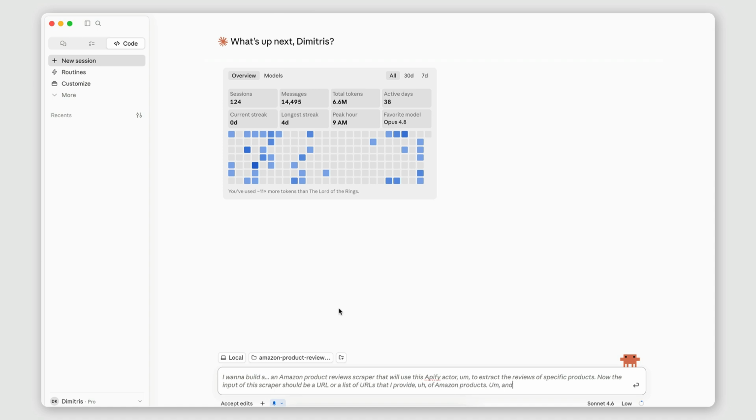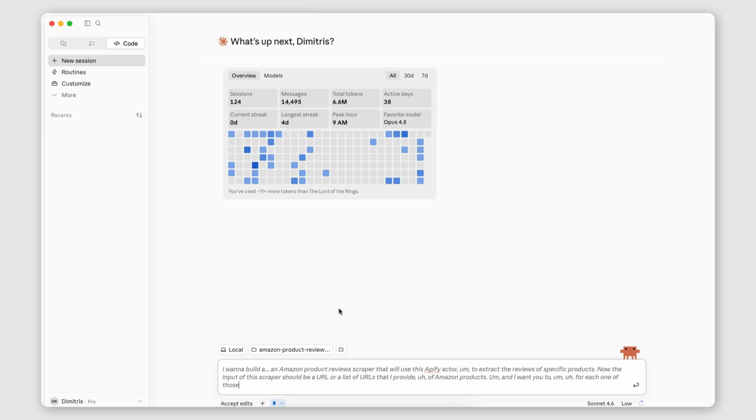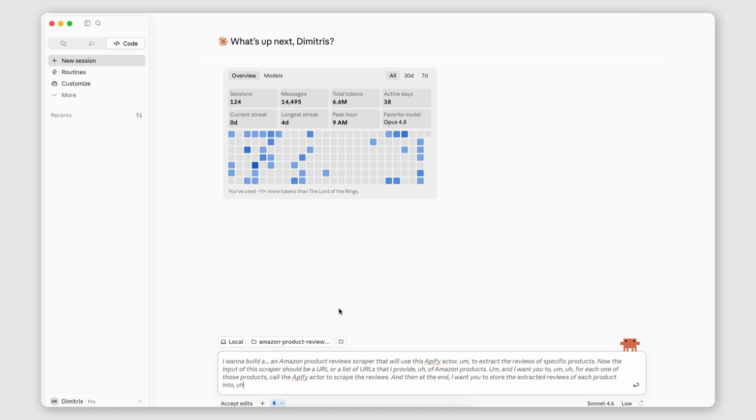And I want you to, for each one of those products, call the Apify actor to scrape the reviews. And then at the end, I want you to store the extracted reviews of each product into individual CSV files. So it can be easy for me to open those CSV files later on in a spreadsheet software or